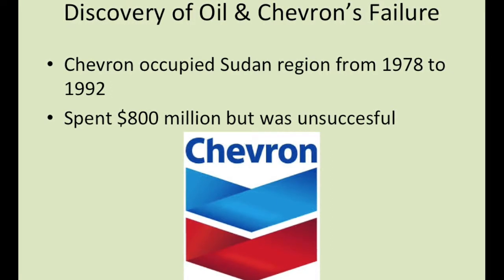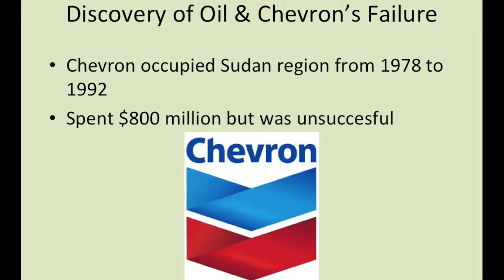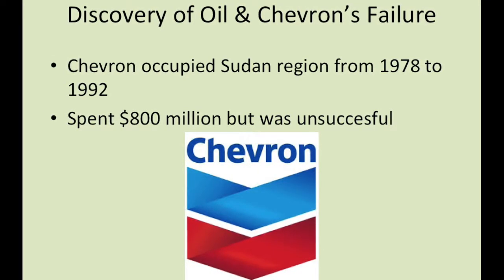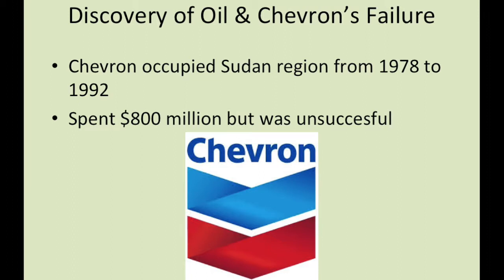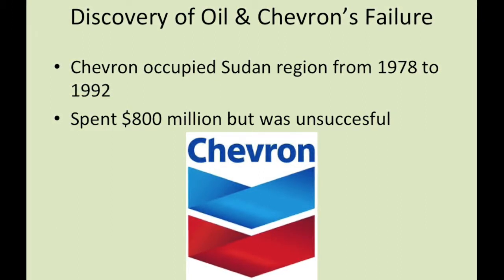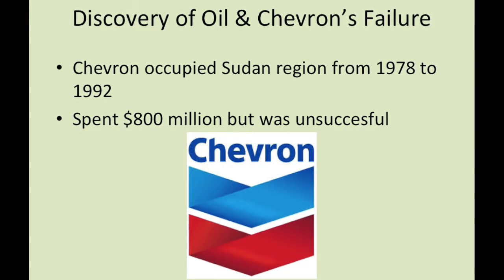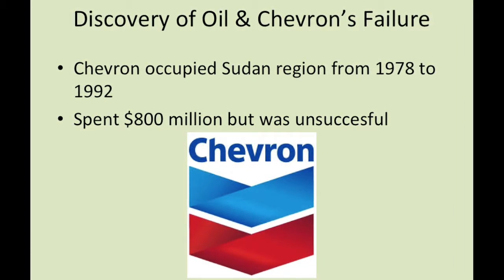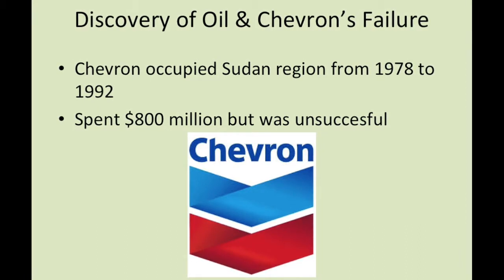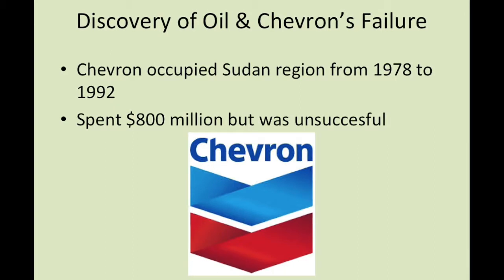Some of the problems that ensued during Chevron's stay were tribes and ethnic wars that caused violence in the area. Ultimately, what caused Chevron to pull out was having 3 workers killed on site by rebels in the area. There's no natural gas in Sudan or South Sudan, as they don't consume or produce it. So Chevron is focused on just having oil, but as said earlier, it was unsuccessful.